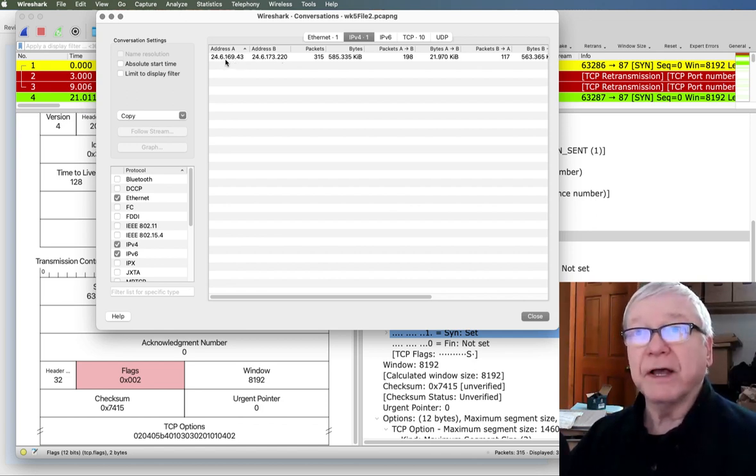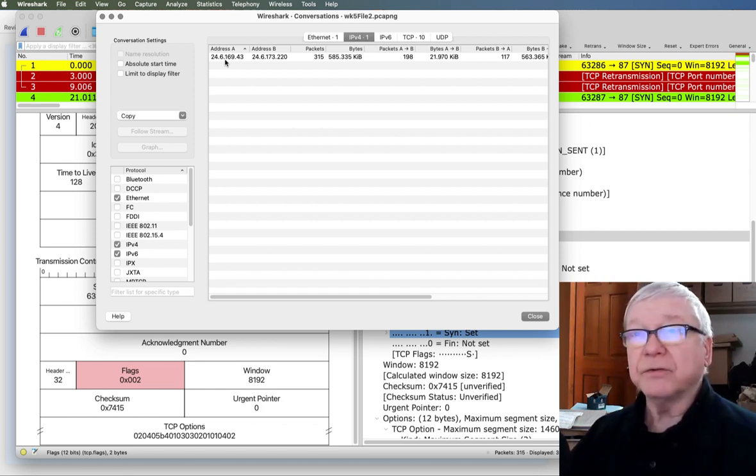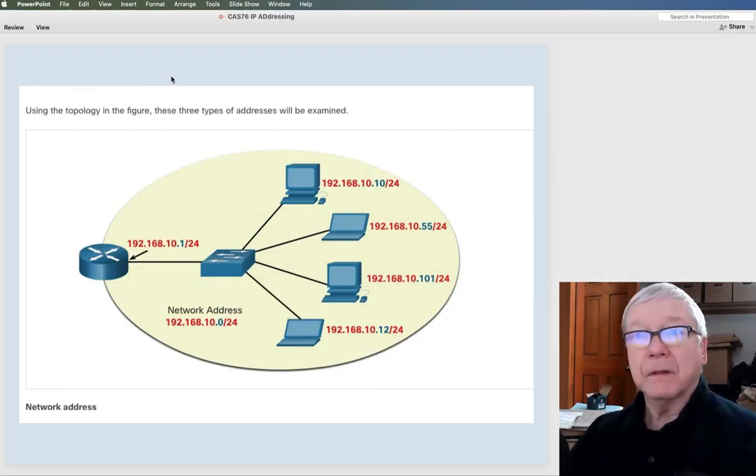If it was a /16 or 255.255.0.0, then 24.6 was the network, and they would be on the same subnet. In this particular picture, what? All these guys are on the same /24 subnet.